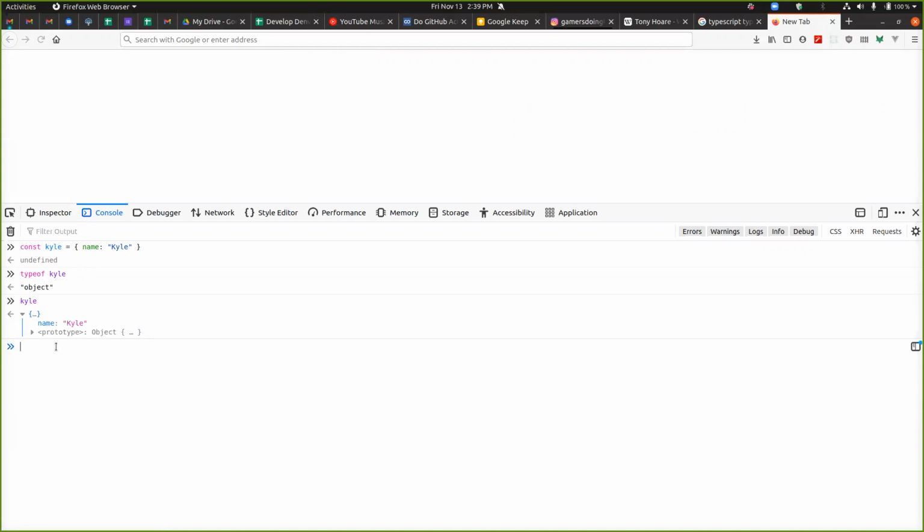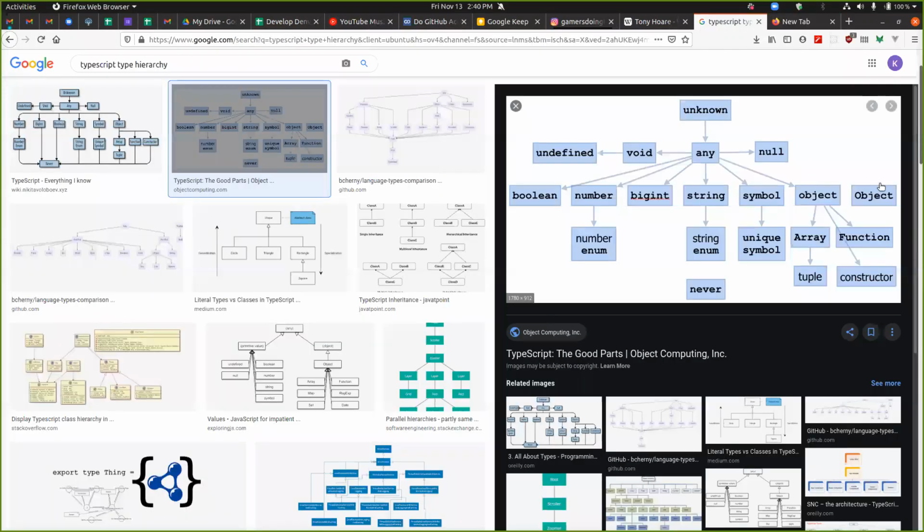If you're in mod 1, a static method is a class method. They're synonymous, they mean the same thing. If I wanted to get a list of the keys in Kyle, I could do capital O Object.keys and pass in Kyle. And get that back. So that little hierarchy is just differentiating between those two things. Is capital O Object a subtype of unknown, or is it its own thing? It's its own thing. Wow. It's a JavaScript primitive type.